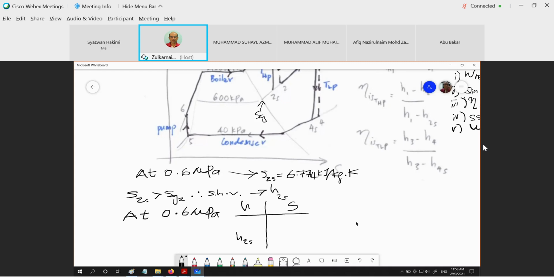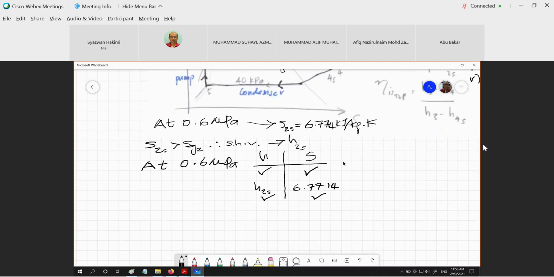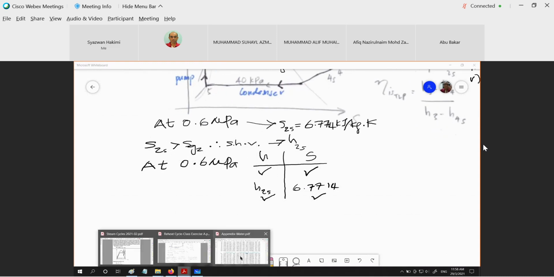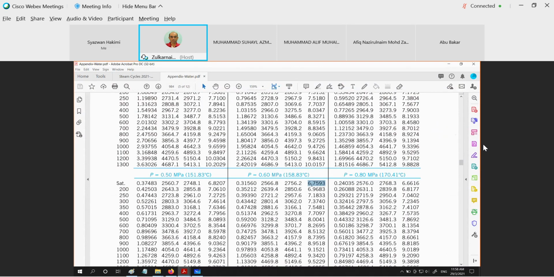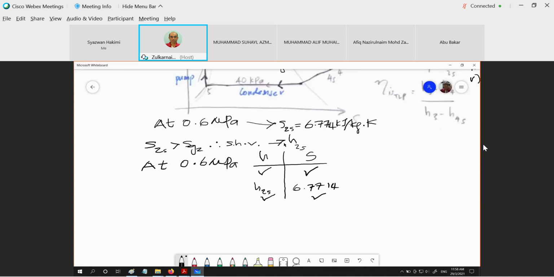This is the enthalpy involved. 6.7714 is in between two values of tabulated entropy and correspond to the tabulated enthalpy. Okay, so you refer to your table right here. So it's between 6.7593 and 6.9683. You put this value in your table right here. Then by interpolation,